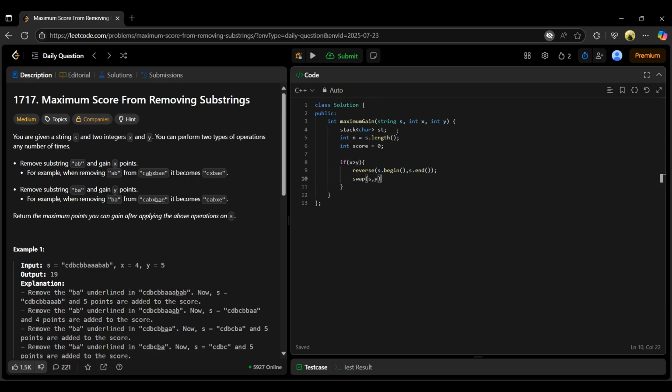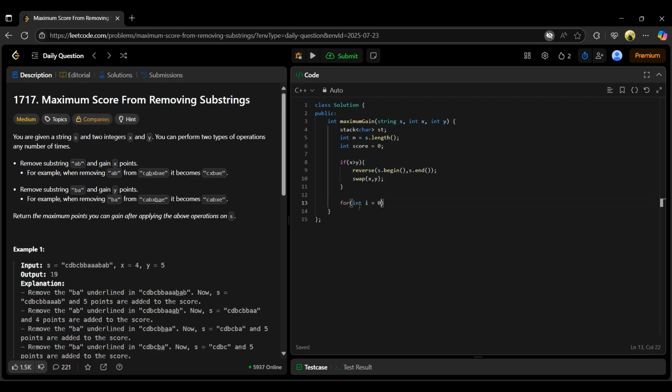So we don't have to do the calculation again and again. I mean, I don't have to do it two times. We can do it in a single way after doing this key trick over here. Then we have to traverse the string first of all.